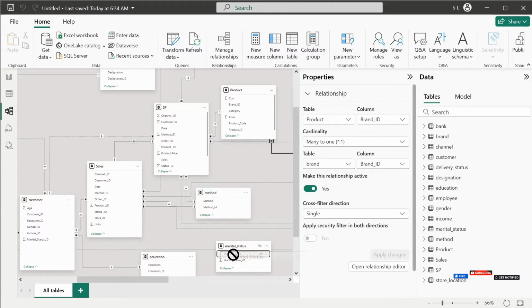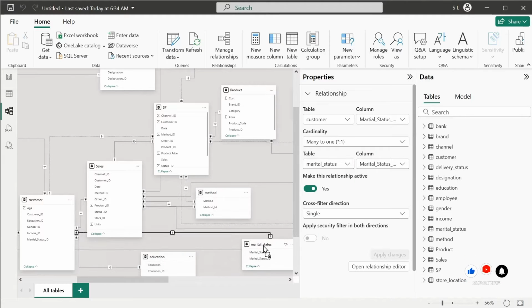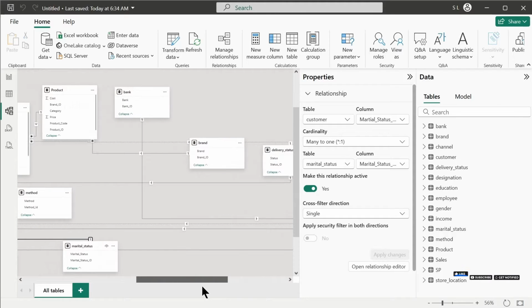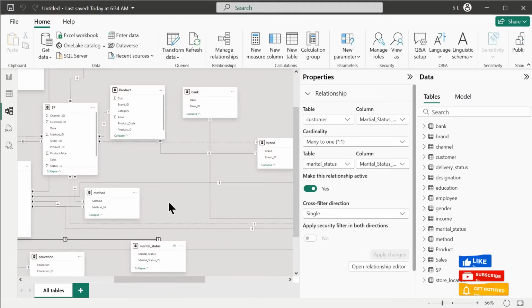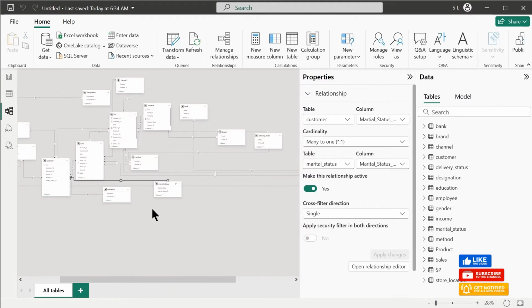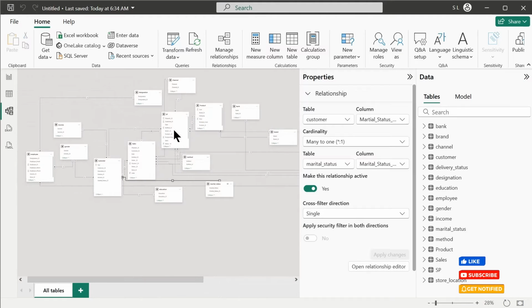So let's connect the marital status ID to the marital status ID here, and let's click on the save button, and now this is connected as well. So now we have all the relationships, and this is our data modeling where we connect all the tables to